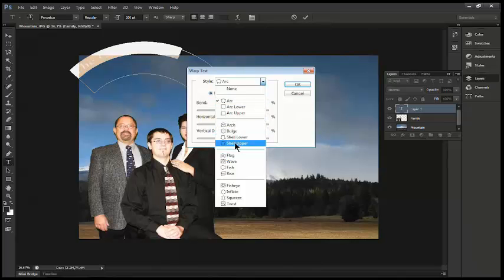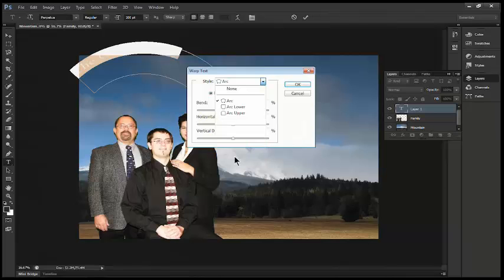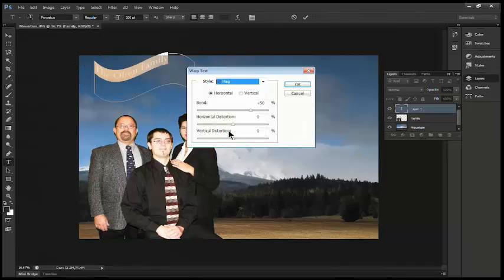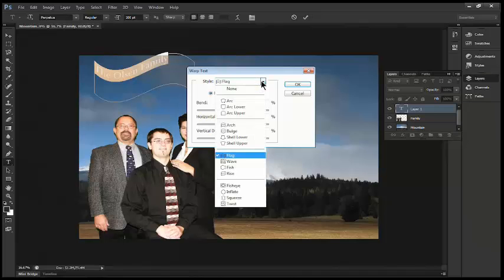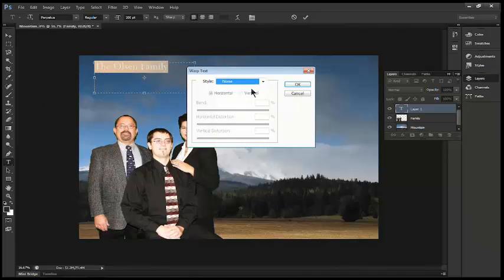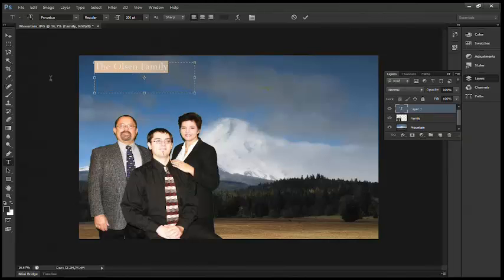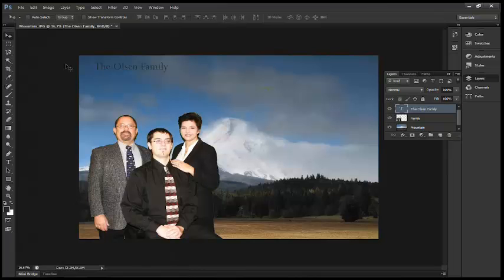And sometimes you want to kind of work with a couple of different styles so that you can see which one is going to work best for your particular text and type. To put it back, you simply choose None from the style. When you're finished, you can go back to your selection tool, click off, and see that you now have been able to